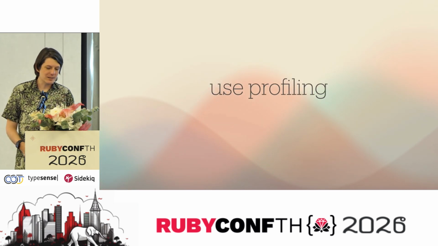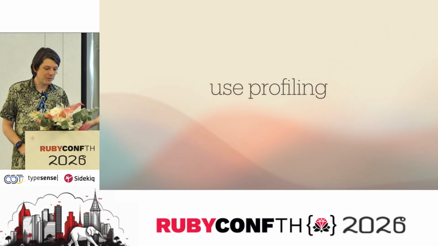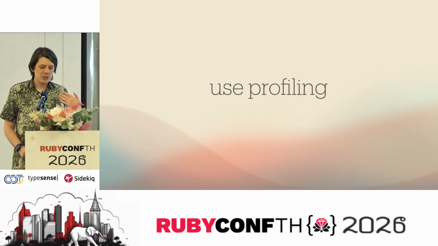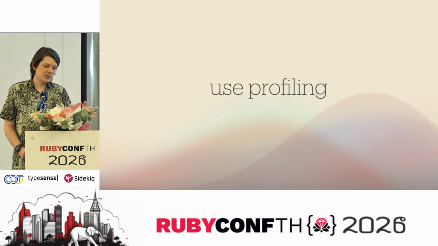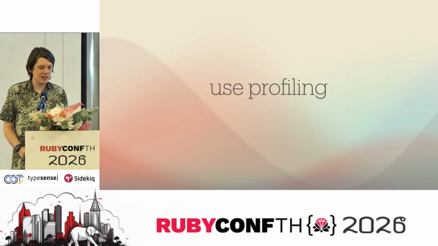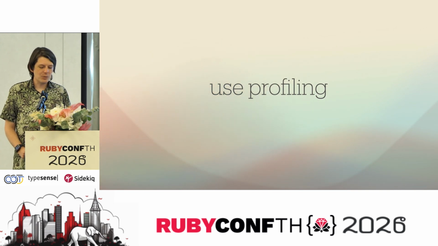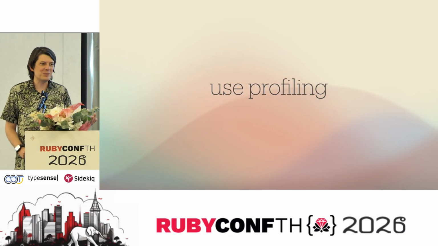Use profiling. When you find something that's slow, your main tool to fight against the slowness is monitoring, like we talked about before, and then profiling. Monitoring can tell you which users experience the slowness. It can tell you what they were trying to do when it was slow. And it might even be able to tell you which SQL query or HTTP call made things so slow. But profiling tells you what code is actually being run when that slow thing is happening and helps you optimize it. The best known profiler for web applications is the rack prof gem, but there are multiple options that can help you, even in production, by every once in a while, on a tiny percentage of requests, running the profiler so that you get an idea of where all of that CPU time is going